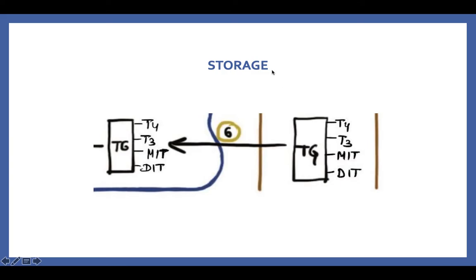So the next phase in the production of the hormone is the storage phase. So we had the three steps: oxidation, organification, and coupling reactions that took place with the help of the thyroid peroxidase enzyme, and now this is primarily stored in the follicular lumen. So we want this to be released back into the follicular epithelial cells when the body requires it.